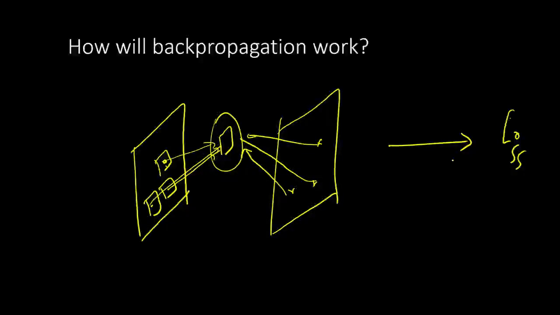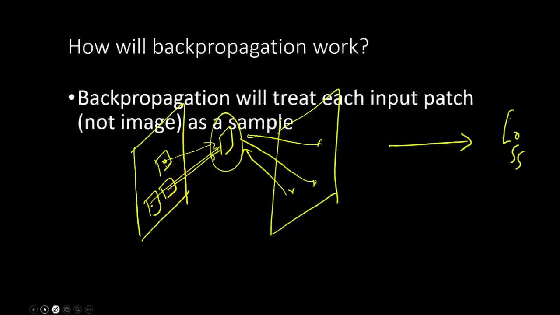So basically your backpropagation is not going to treat only each image as a separate sample, it is going to treat each location within the image, each pixel location, also as a separate sample. So all of them are contributing to the tuning of every kernel, and you can think of each kernel as a repeating neuron. So it will treat each input patch, and not just a sample, as something that is contributing to gradient descent.